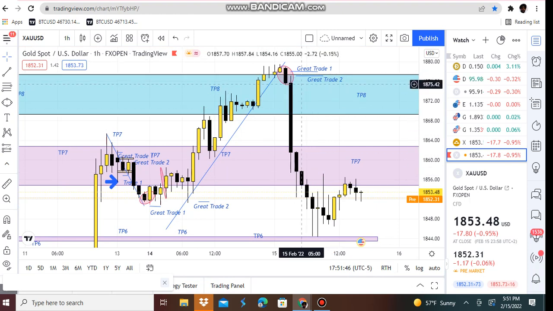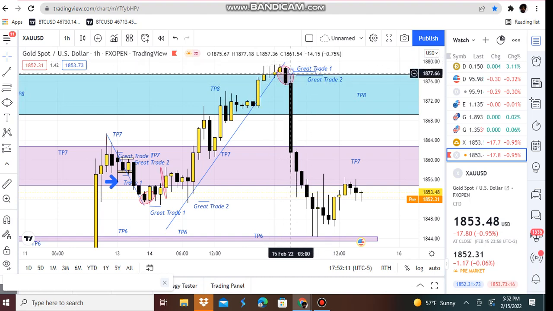So we see a long black candlestick. This is a confirmation that price is reversing back down. We see price reverse back down from 1875, 1879, all the way down to 1845, all the way back down to take profit 6. So pay attention to candlestick patterns. As sellers, we're still able to gain control after